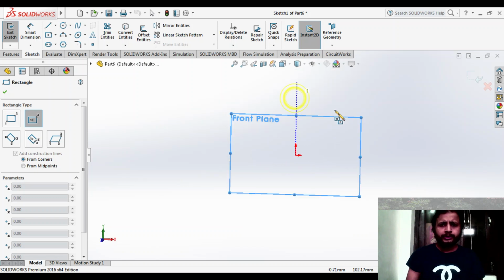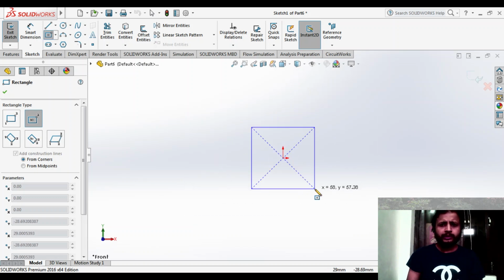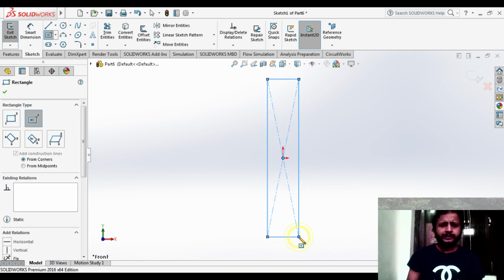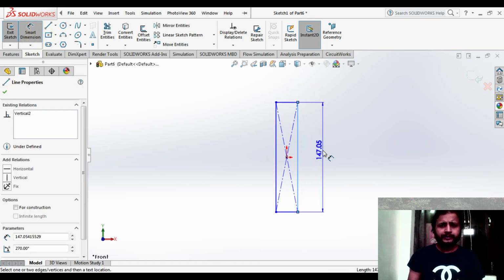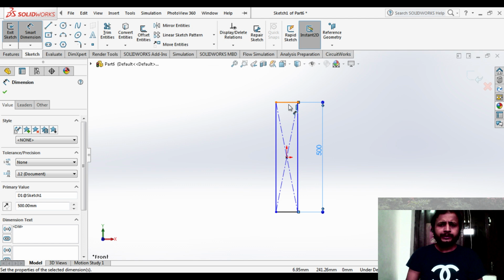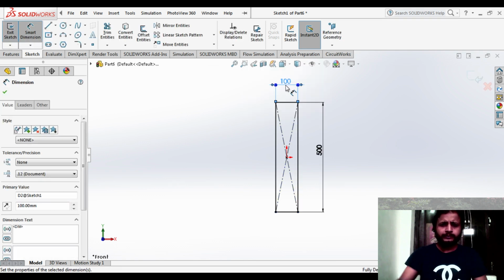Suppose I have designed one rectangle like this, and give the dimensions here. Suppose we have given 500 mm, and this one, give 100 mm. Not a problem at all, just say okay.